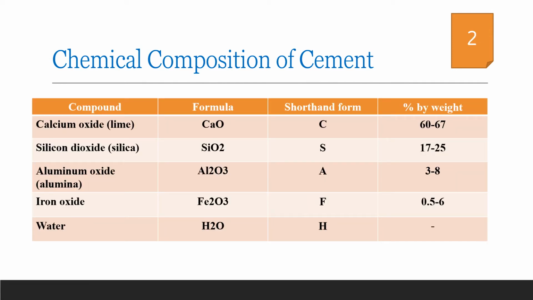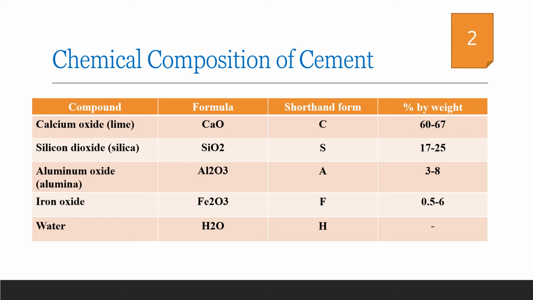Now let us see what are the proportions in which these ingredients are present in the cement. As shown in the table, you can see that there is a range of percentage by weight of each of the components. As the percentage by weight of each of the ingredients varies, the type of cement manufactured also changes. Generally, it is seen that the percentage of calcium oxide is in the range of 60 to 67 and that of silicon oxide is in the range of 17 to 25. All the remaining ingredients are having only a very slight percentage contributions.